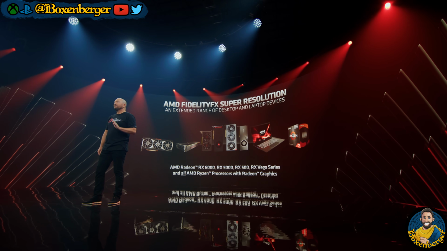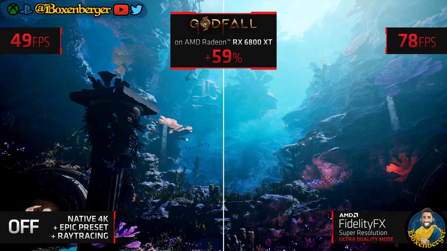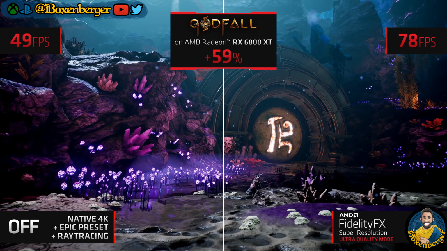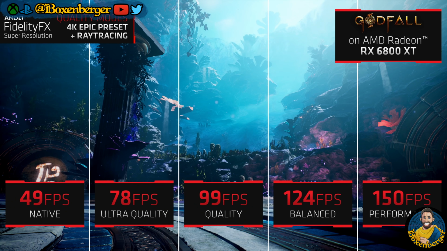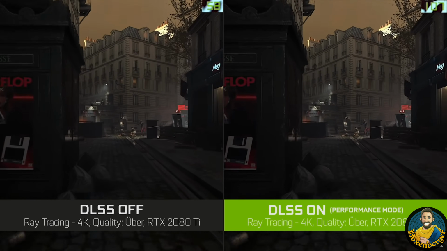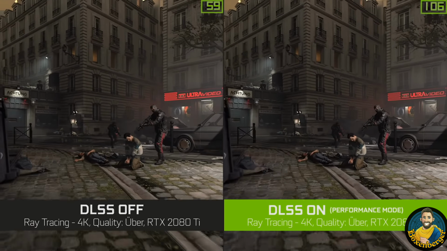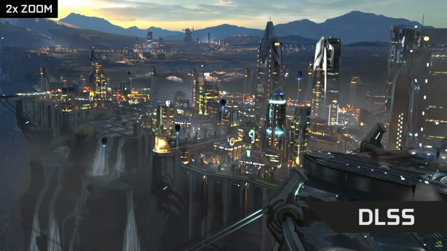This was the first iteration of their algorithm, which allows games to render at a lower resolution in order to gain performance and then upscale the resolution without sacrificing too much of the image quality. The first iteration had some great results, but in comparison to Nvidia's DLSS 2.1, it just didn't perform on the same level. But let's remember, when Nvidia's DLSS 1.0 launched, it also had its issues, and